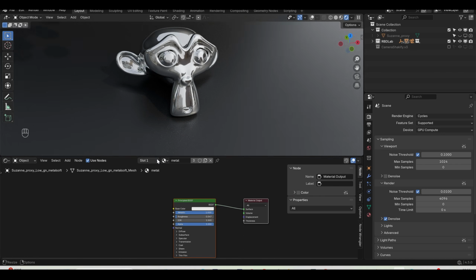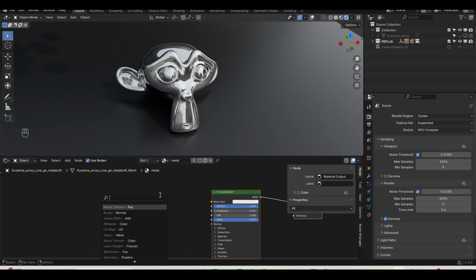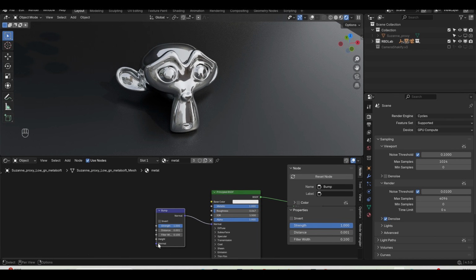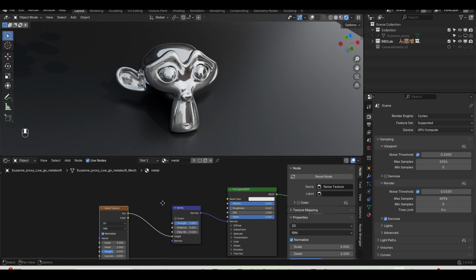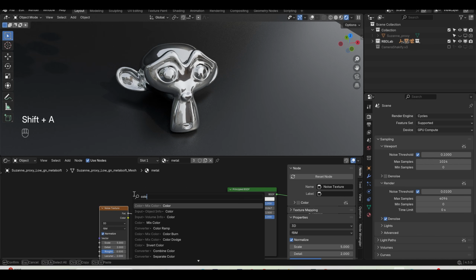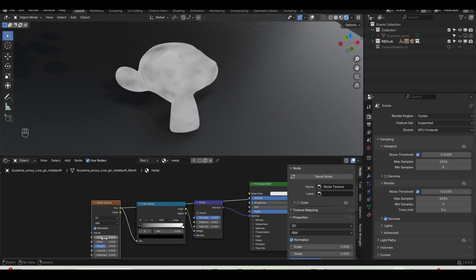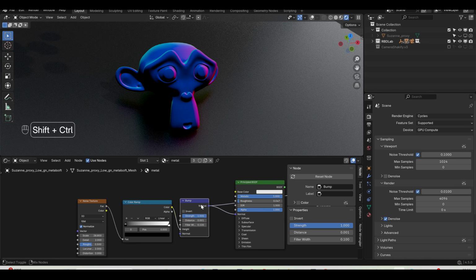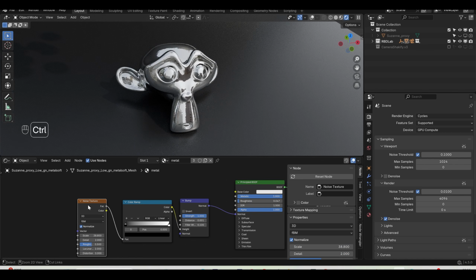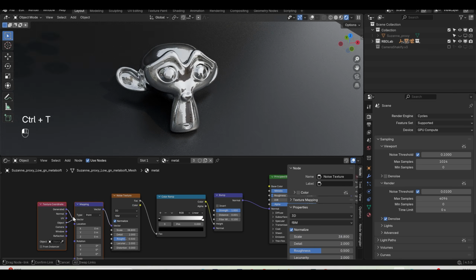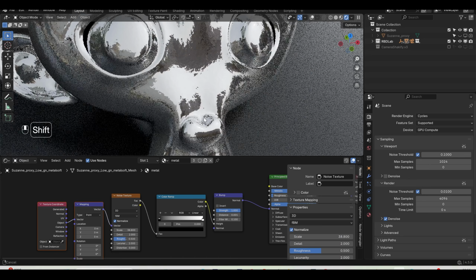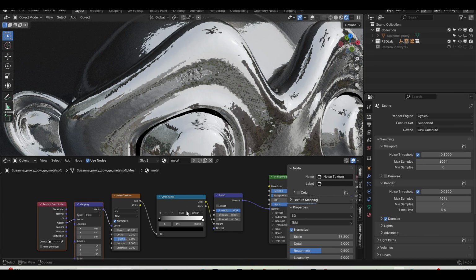I can go to the shader editor one more time, and in the normal I can use bump. And here in the height section I will use the noise texture, and in between I'll use a color ramp, and Control Shift and click here just to visualize the noise. And then now this here, and I will press Ctrl T and choose object, and now I can see all these things,